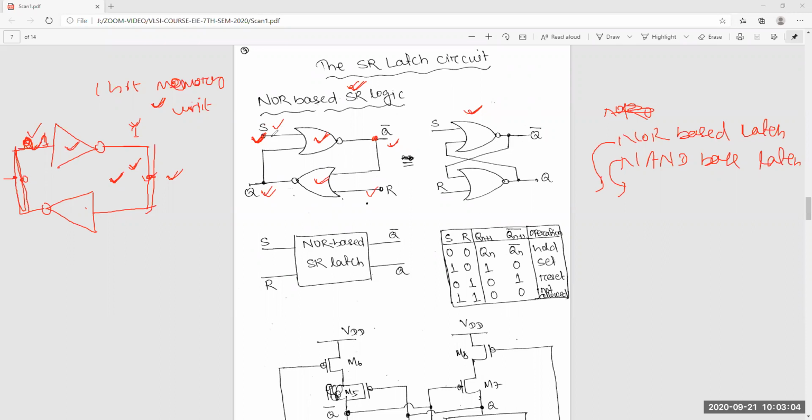Suppose we assume Q1 and Q0 have some value at the start, either 0 and 1, or 1 and 0. Any value, because they are complementary values, either 0 1 or 1 0. Now when you give both inputs 0,